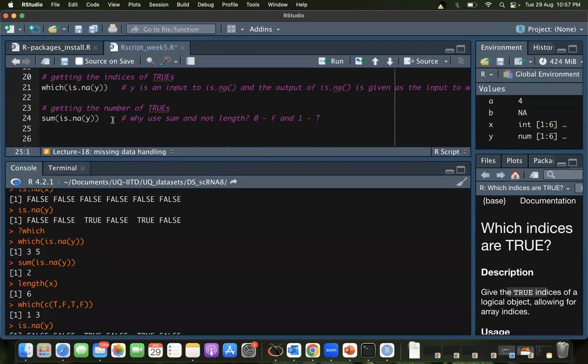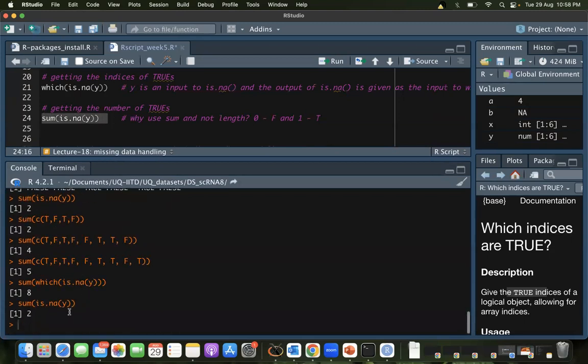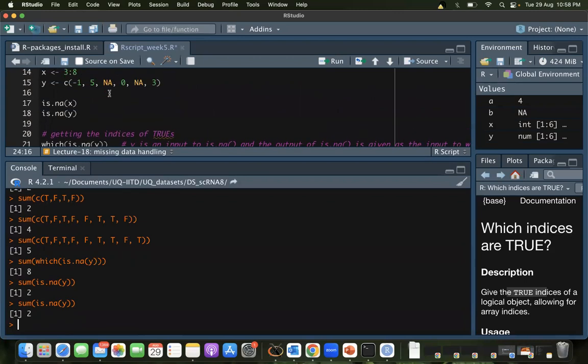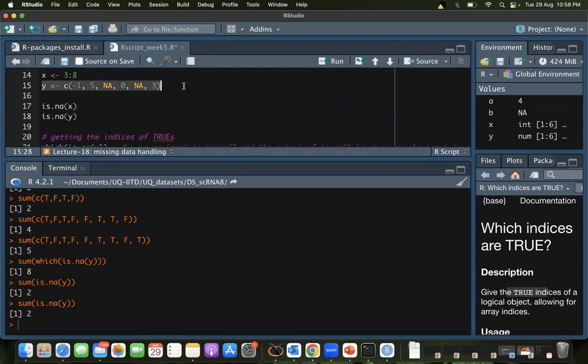Okay, fine. So what is this giving us? What does the 2 indicate here? Basically, I wanted to find the number of NAs in the initial question, how many NAs there are.